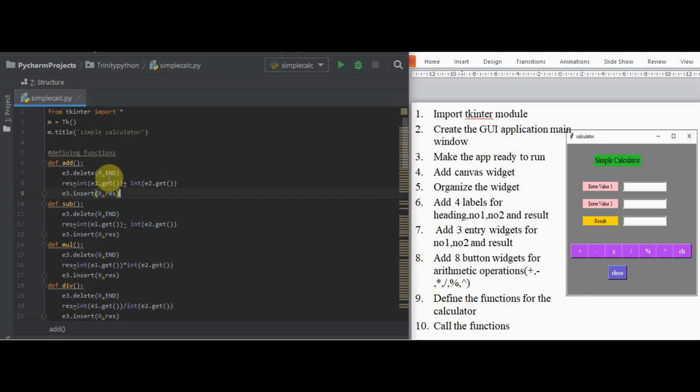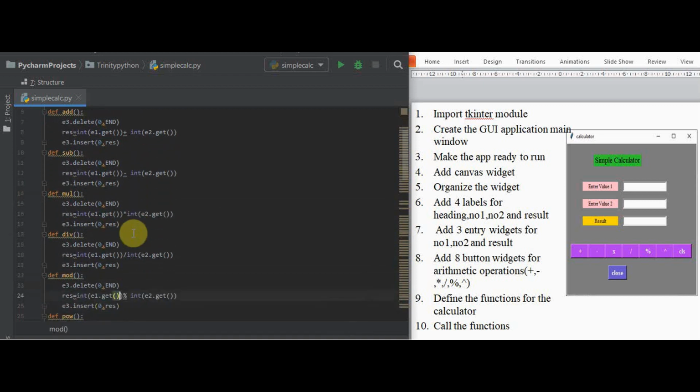Once we have defined one particular arithmetic function, it's easy for all other operations, right? We are just going to change this second line alone. For defining the subtraction operation, just the second line, instead of plus we change it to minus, and for multiplication it is asterisk, for division slash, and for the mod operator you use the mod symbol. And one more thing to be mentioned is, for addition, subtraction, multiplication and division, you can make use of float here,